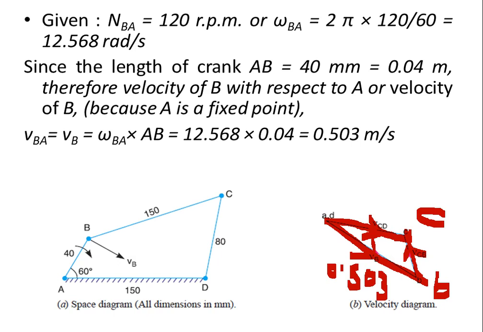Okay, so draw it. If you have the space diagram beside you, then only can you draw the triangle velocity diagram. Otherwise it becomes very difficult if you take one sheet for the space diagram and another sheet for the velocity diagram. So on the same sheet, just beside that, you draw this and take a suitable scale according to your sheet. If you have a small sheet, you can take a small scale also, no problem.